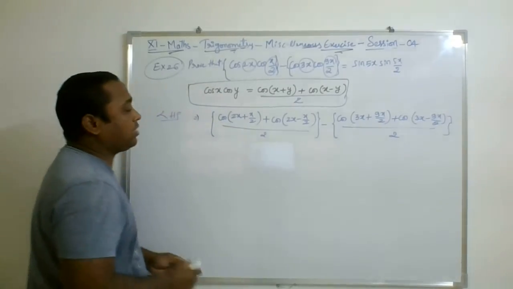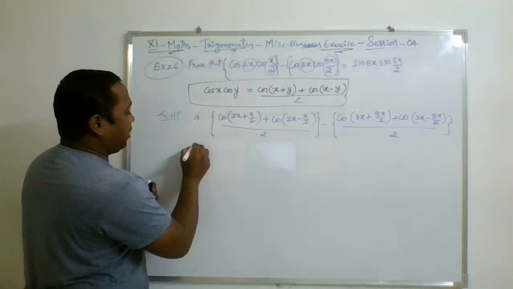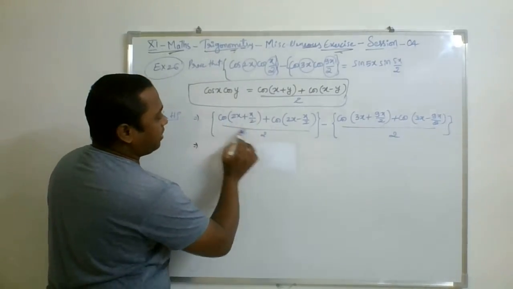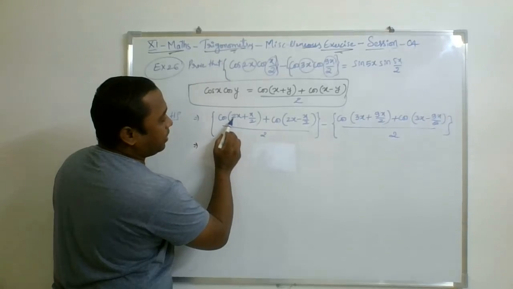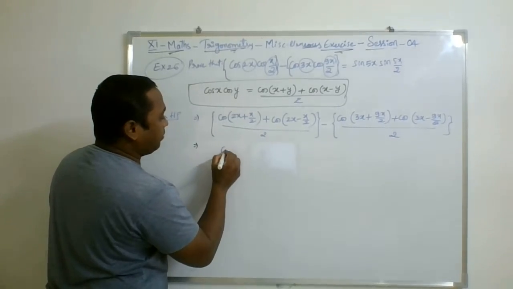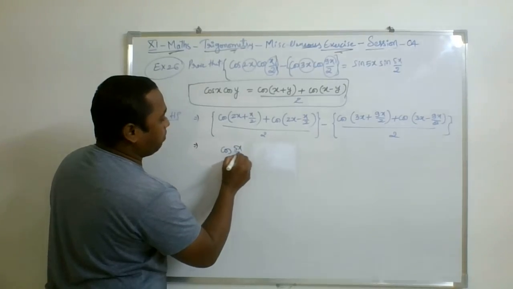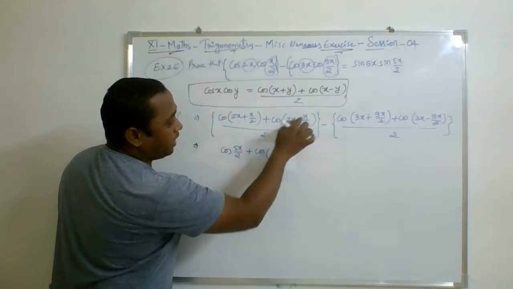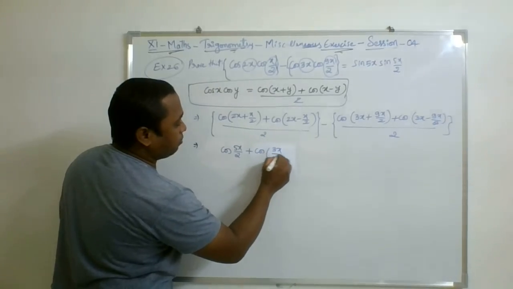We'll see what is left here. Once you add the mixed fraction 2x plus x by 2 by taking the LCM, it becomes cos 5x by 2 plus cos 3x by 2,